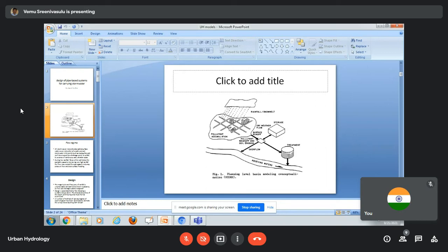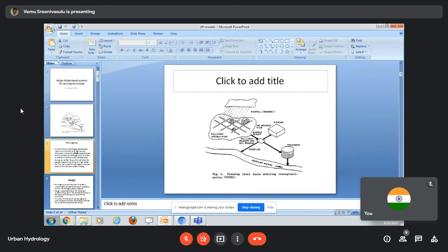For designing, you have to calculate the runoff. The runoff can be calculated using different methods. There are a number of empirical formulas and a number of conceptual models also. Using those methods you will calculate the runoff, and to remove the entire overland flow from the city, you have to design your pipe network. So that is the overall picture. What an urban hydrologist will do is this; this is our work.